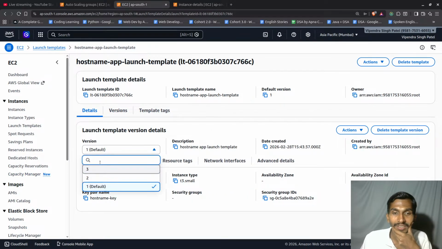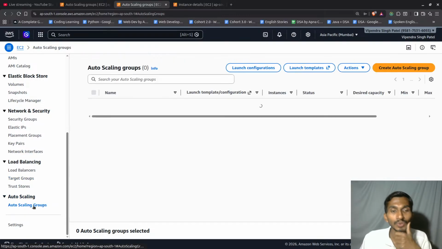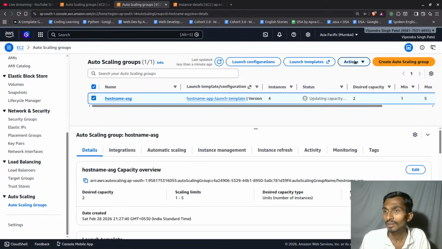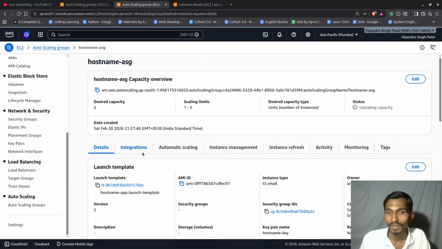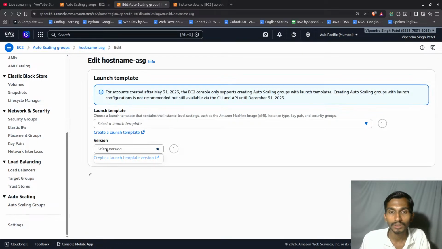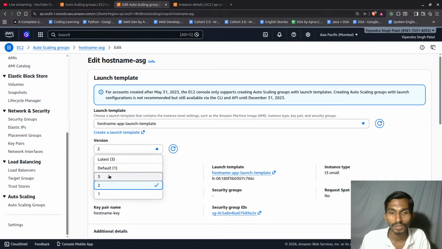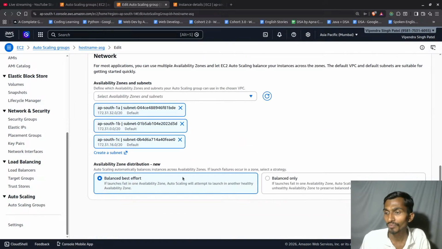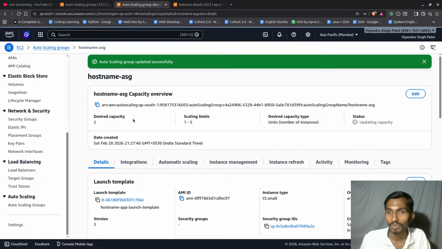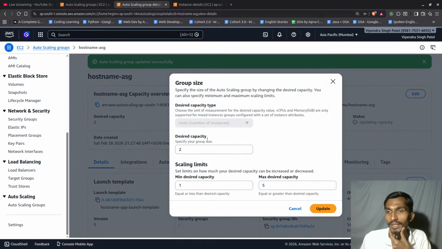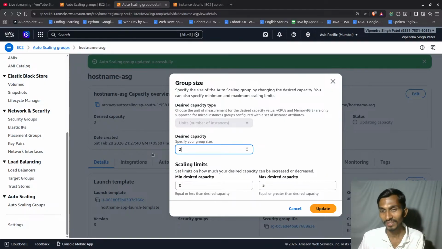I have 3 versions right now. Go to auto scaling groups, click on this, and after that I'm going to be editing it to just use the version number 3. So let's use the version number 3, update it. Once I've updated it, I need to stop the previous instances that are actually running. So let's simply make it 0, and this one 0 as well. Let's update it, and once it is updated, then I can make it 2,